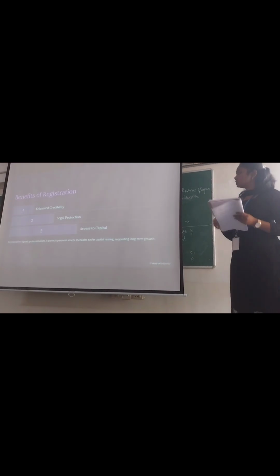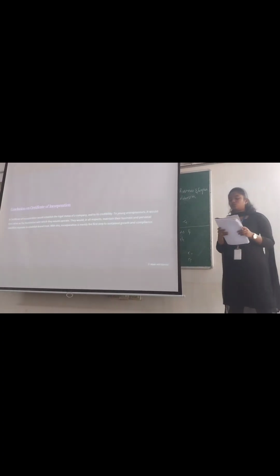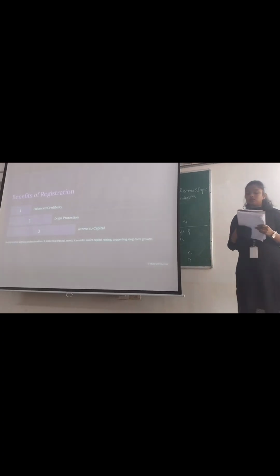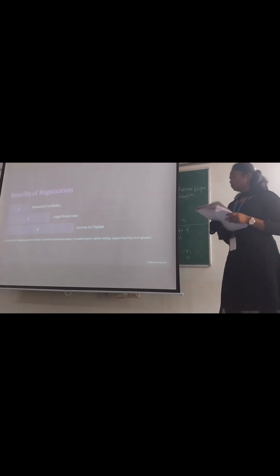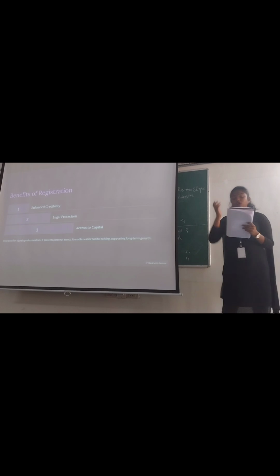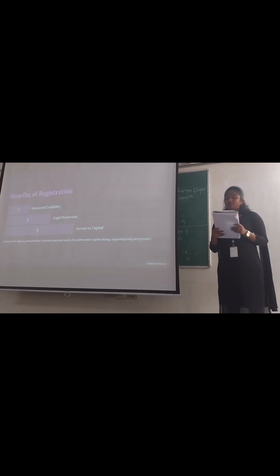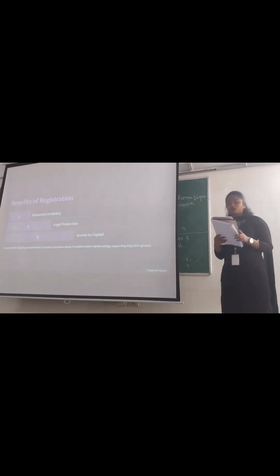The second one is legal protection. Legal protection means it is to prevent violations of legal norms and to ensure the sustainability of society. The third one is access to capital. Access to capital is nothing but it refers to the ability of individuals, businesses and communities to secure funds or financial resources including loans, guarantees